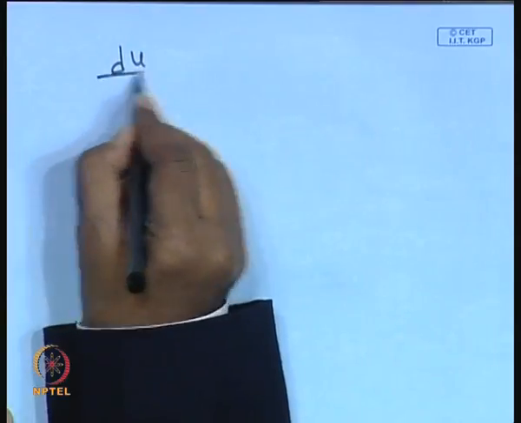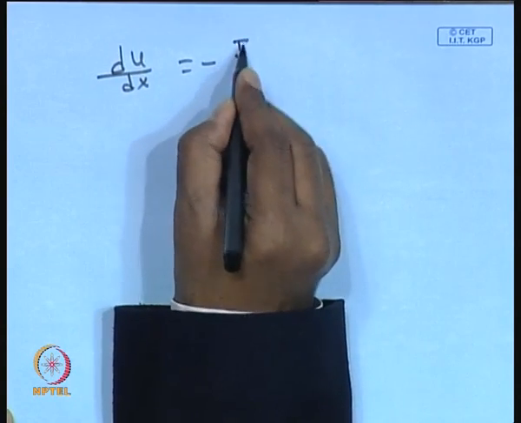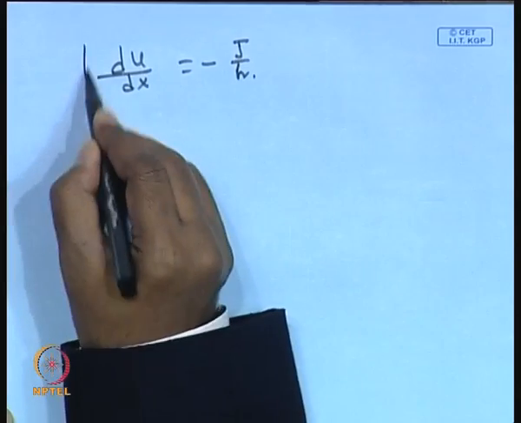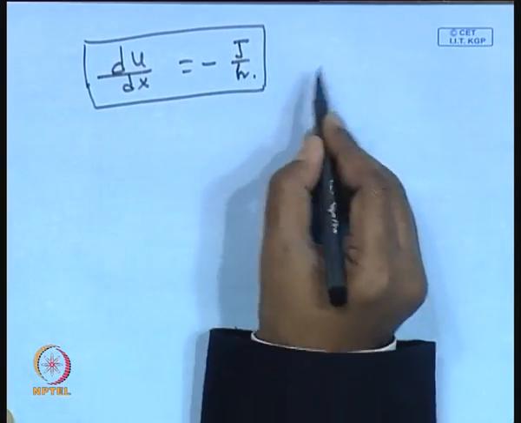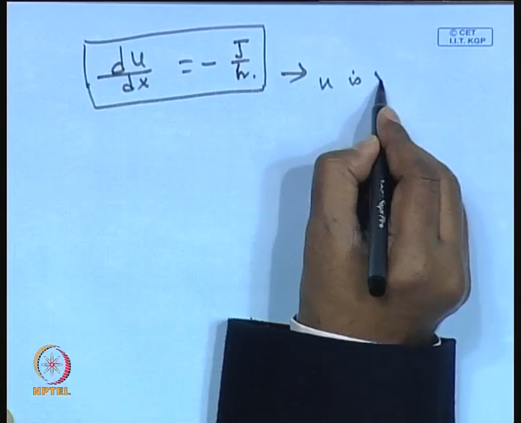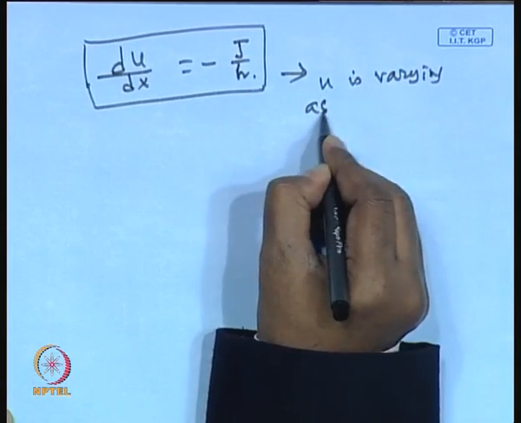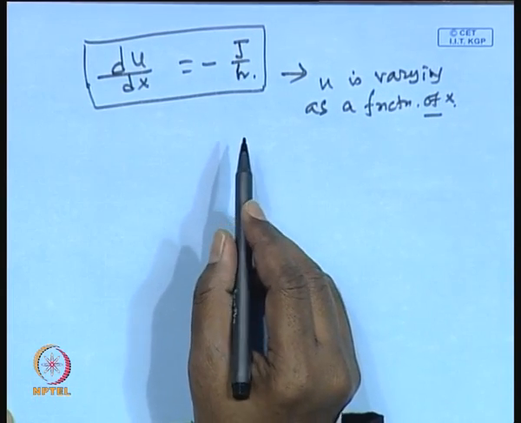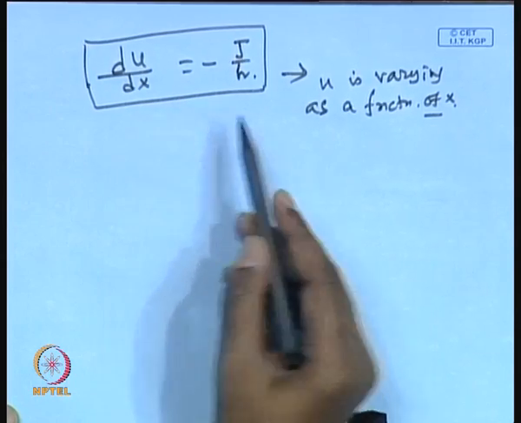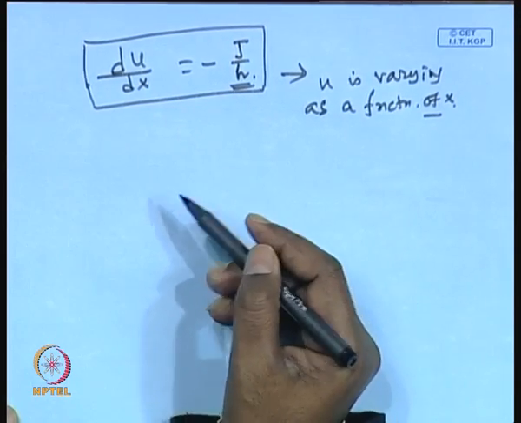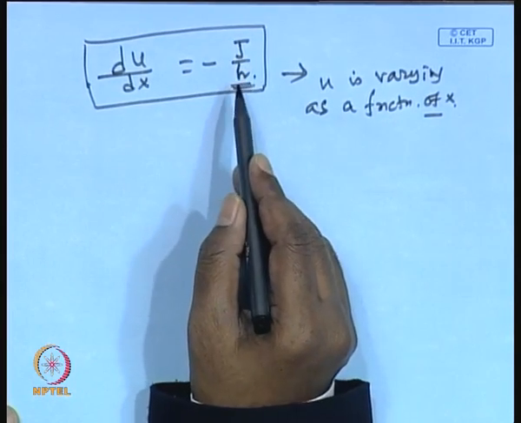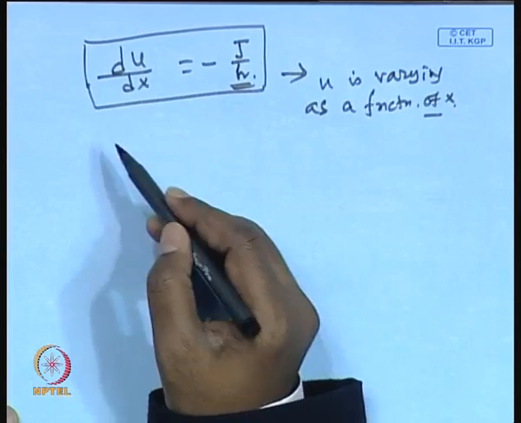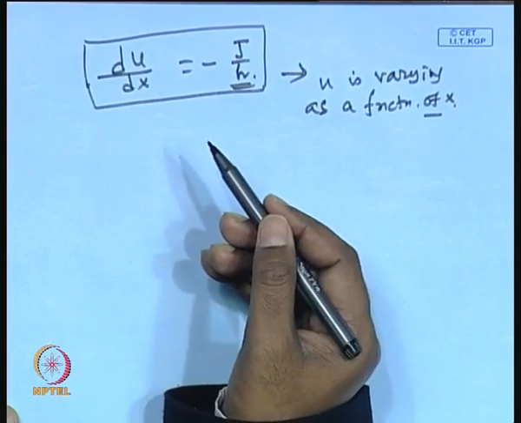If you do that, you will get du/dx equals minus J over h. This is the governing equation of how the axial velocity u varies as a function of x. In fact, it is decreasing because you are taking some material out of it. You know the expression of J as a function of x, we just derived it, so substitute it there and integrate over x to get the value of u at any x location, or at the end of the channel if you want.